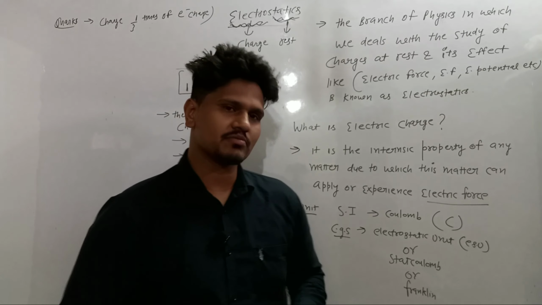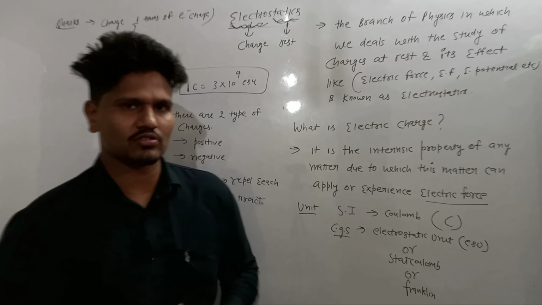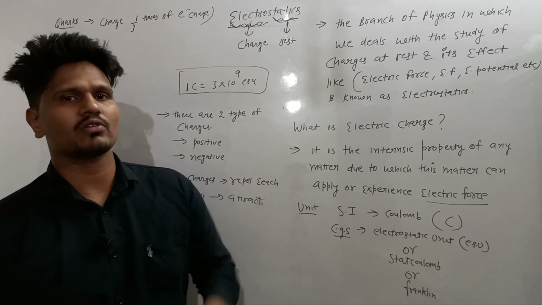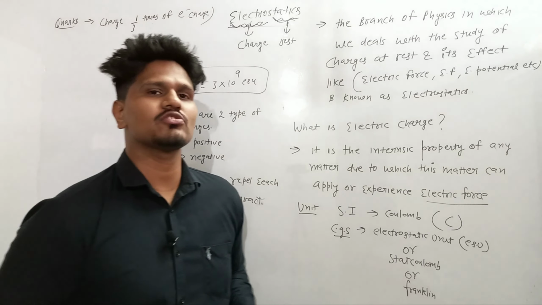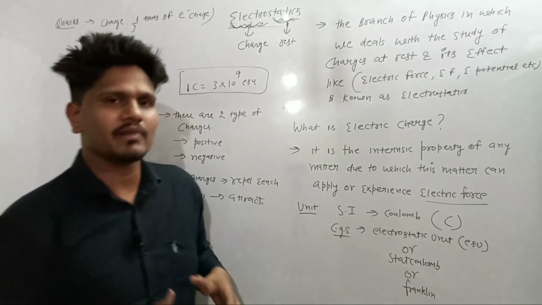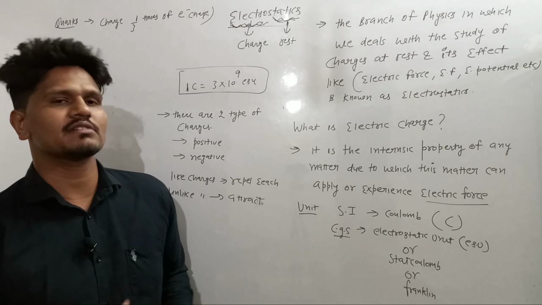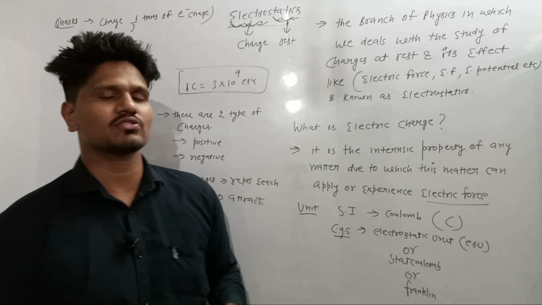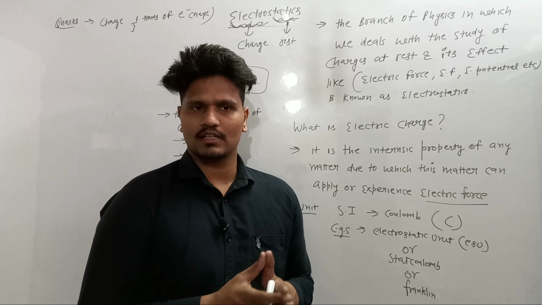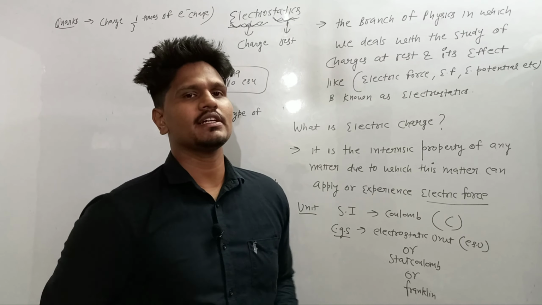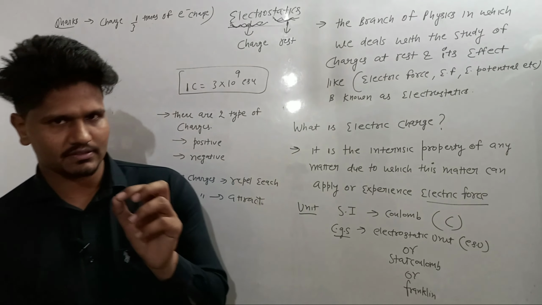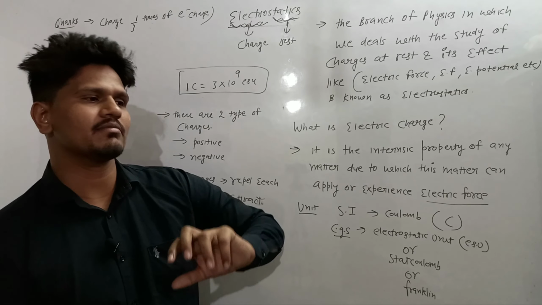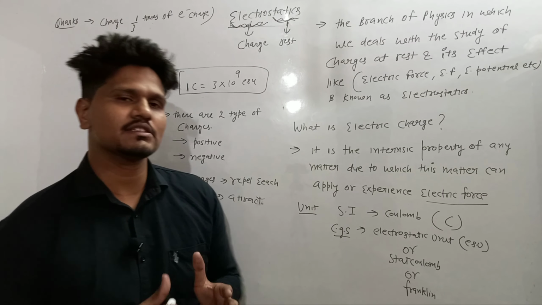Quarks are the particles which make proton and neutron. 3 quarks combine to form a proton and 3 quarks combine to form a neutron, but they cannot remain independent. They always come in a group, whether 3 quarks or 5 quarks, but they cannot stay independent. So the smallest charge which can stay independent, which can transfer independently,